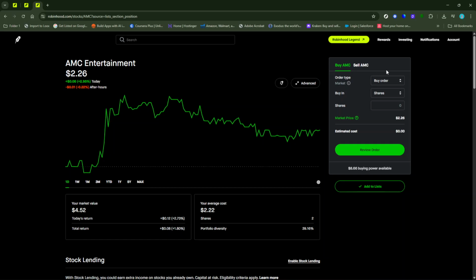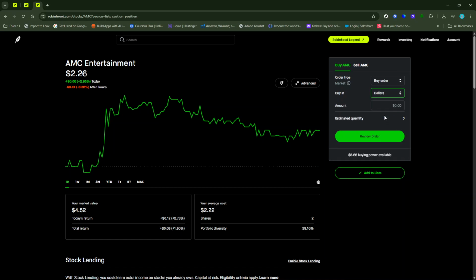Now it's time to decide how much of the stock you want to buy. Robinhood allows you to enter either a dollar amount or specify the number of shares. For example, if you want to invest $20 or purchase 2 shares, just type that in the respective field. Make sure to review the estimated number of shares you'll receive or the total purchase amount, so everything is correct